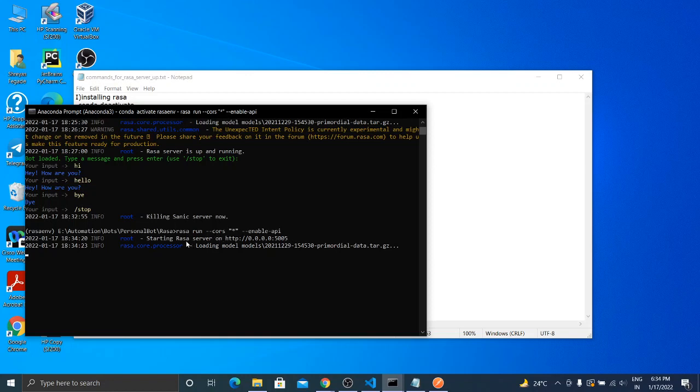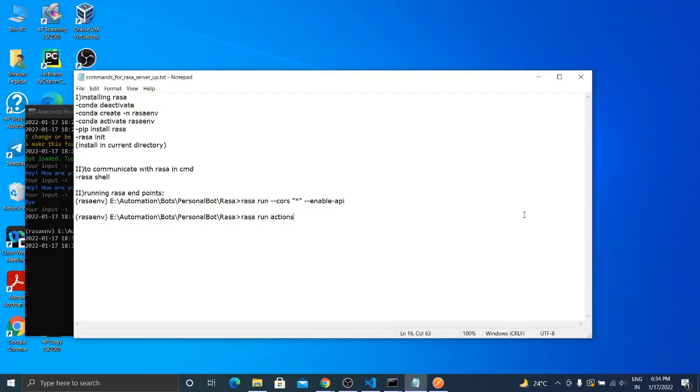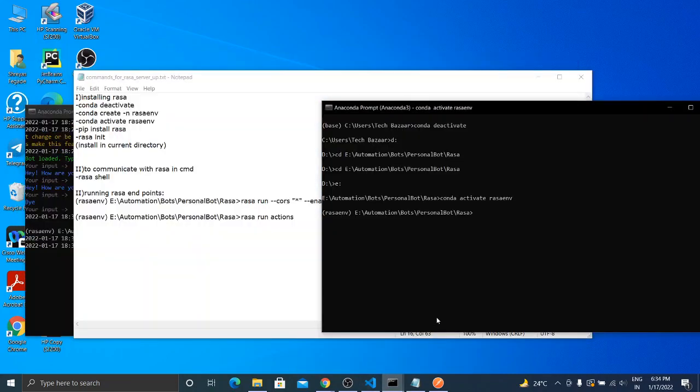Here we can see that the Rasa server is up on 0.0.0.0 colon 5005 port number. Now we will also start the Rasa actions on another command prompt. Okay, this is also up on port number 5055.